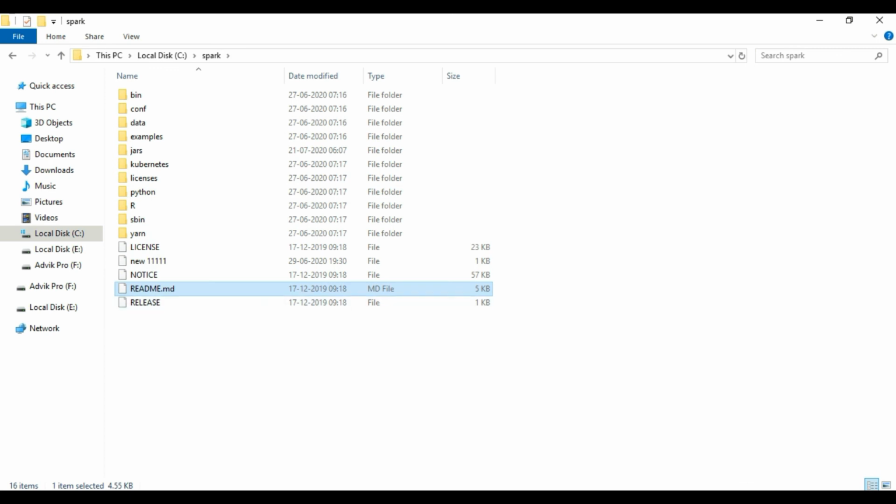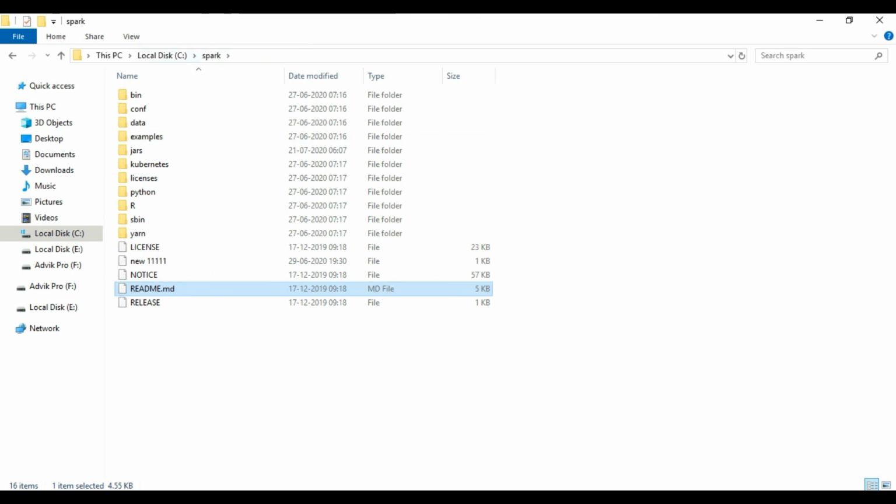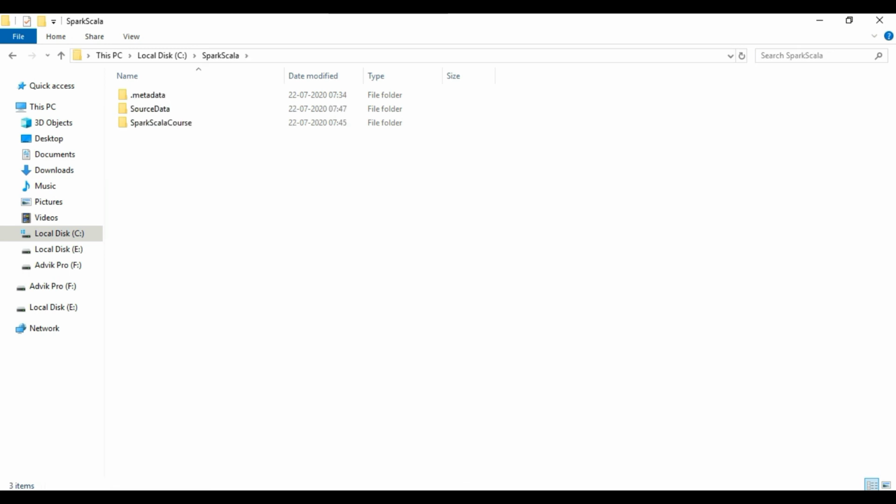This is the readme.md file. Copy it. Come back. Go inside the Spark Scala. Go inside the source data. Go inside the record count data. Paste here. So we are done. We have copied the data which needs to be read by the program.